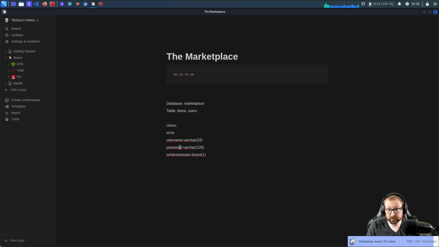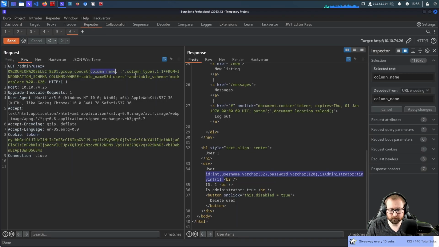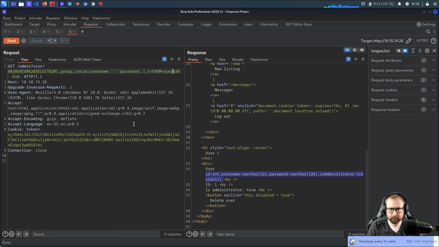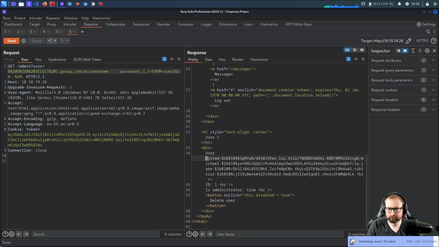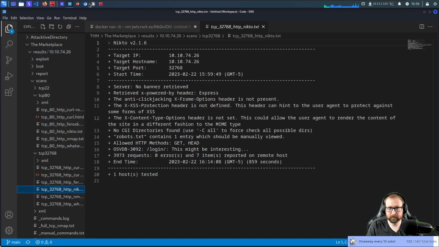All right, so now we can actually just extract the username and passwords for all the users. So we'll use group concat again. We'll do, was it user? Hang on. It is just username and password. Good. Username, colon, password from, and we just have to basically take all of this out, from users. And there we go.